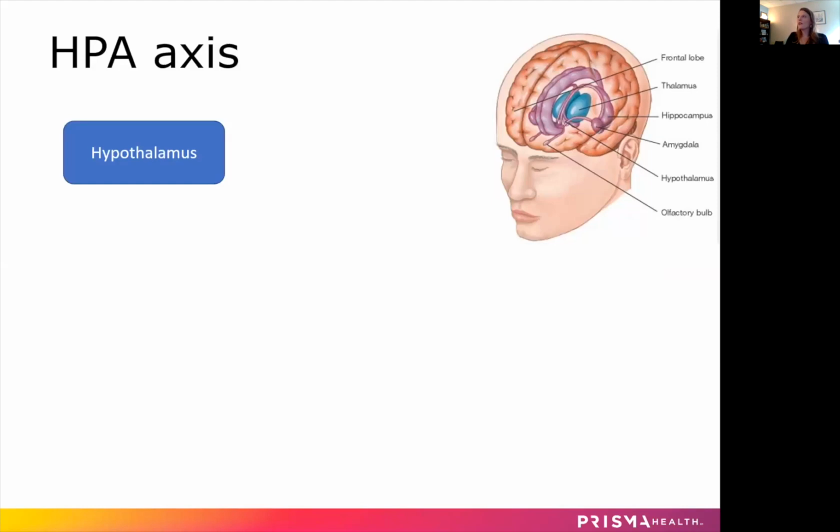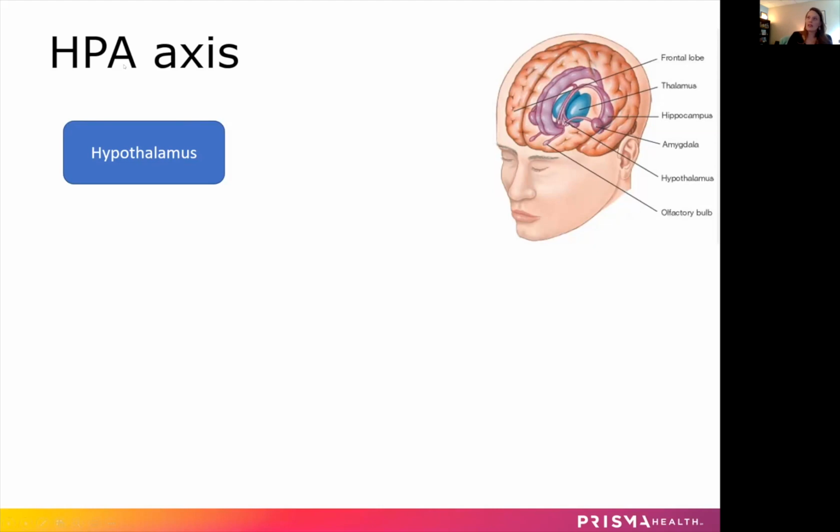Okay, so this is sort of the science-y part of the talk. So if you love this, get excited. If you're like, maybe I need to take a mental break for a second, then perhaps now is your chance to do that. But I could not give a talk talking about the stress response system without going into this. So we have